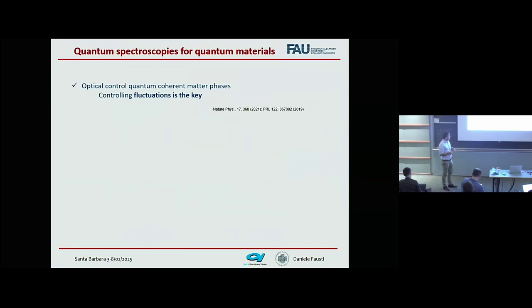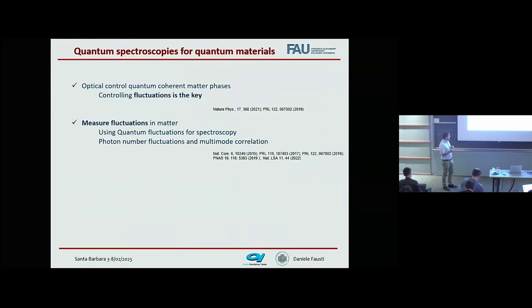So the activity that we did was along the line of, after realizing that fluctuations are the key parameters, trying to understand what I can do to measure fluctuations. And this is very much at the core of the topic of the meeting at the ITP, because we resort to quantum optics techniques. We developed a lot of fluctuation measurements for the light, having in mind what I learn about the fluctuations in matter in these systems.